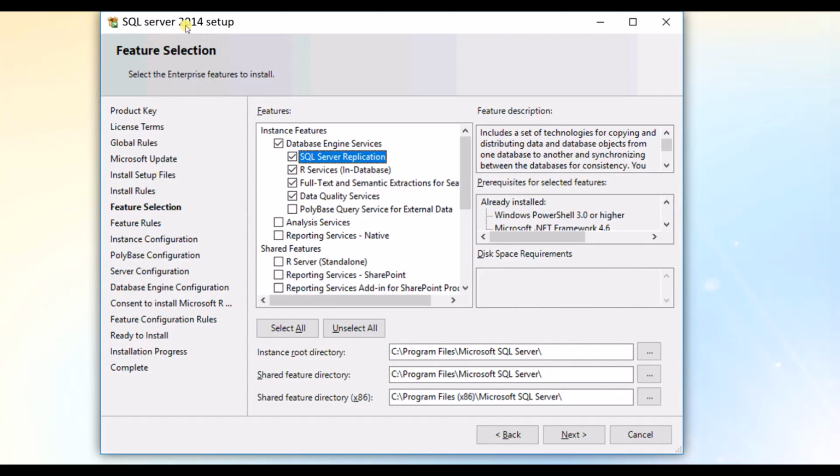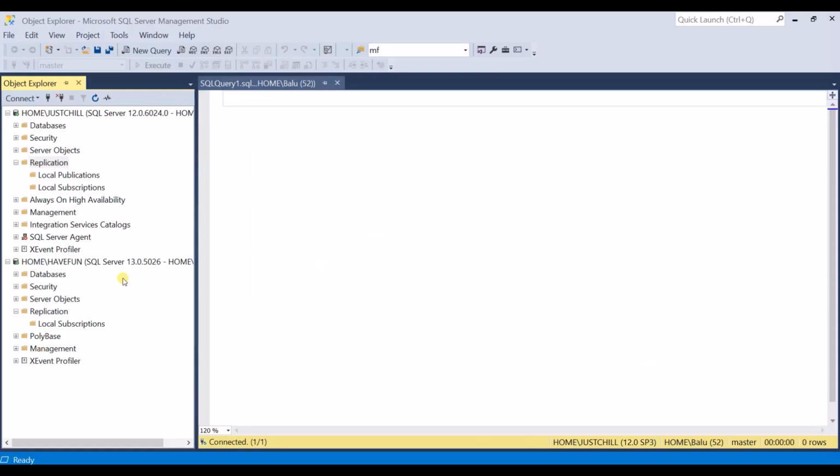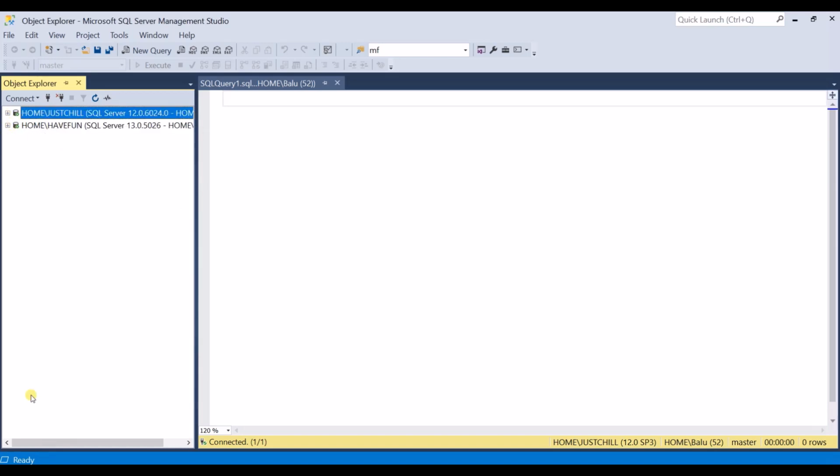So here, when you are installing SQL Server, at the feature selection pane, you need to choose SQL Server replication. Then only the required services will be installed and you will be able to configure replication in SQL Server. So it is recommended to take separate instances for publisher, distributor and subscriber. So here I have only 2. I'll try to install another instance and I'll set up the replication like snapshot or transactional replication in the next coming videos.